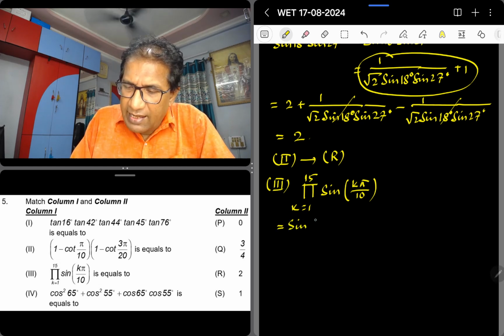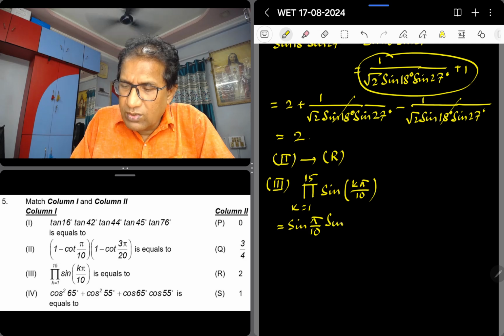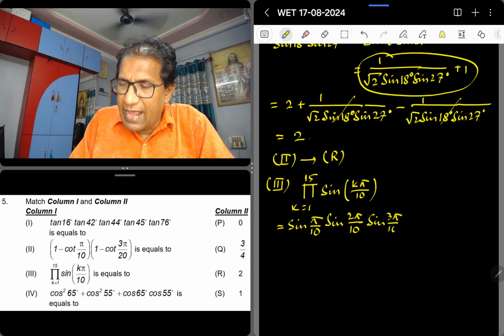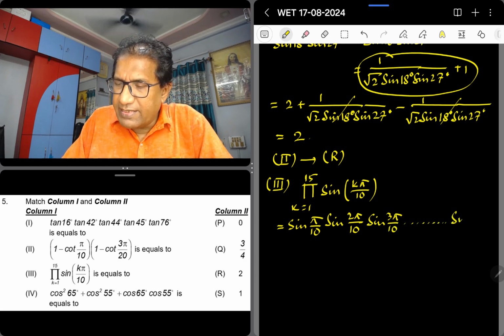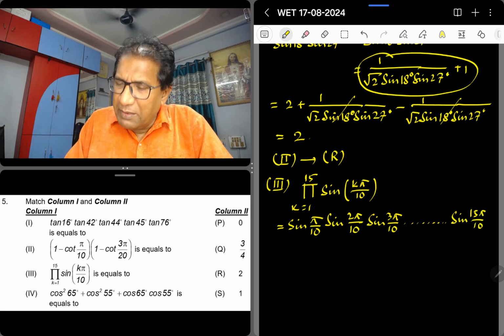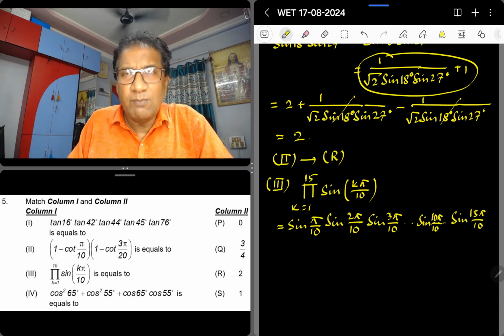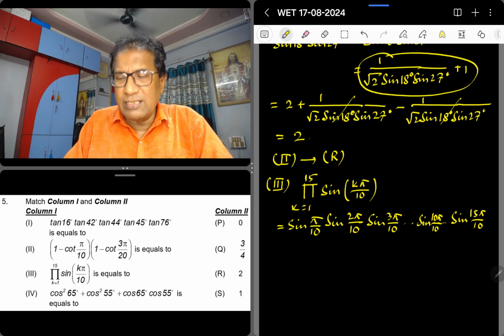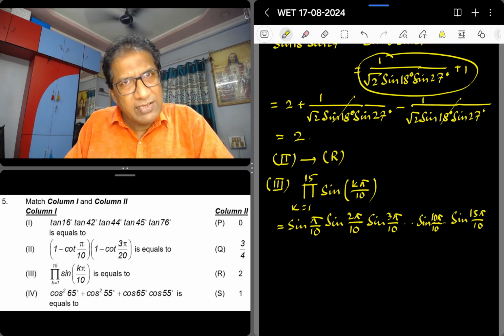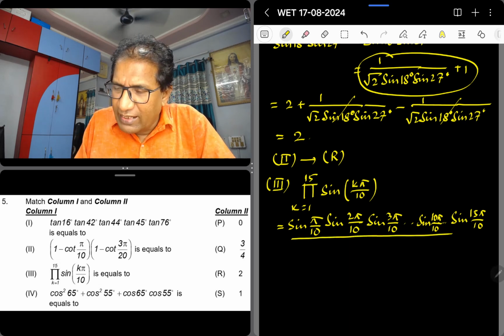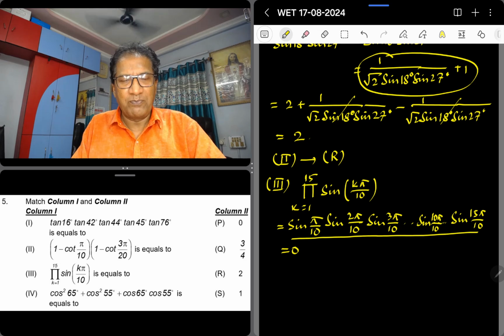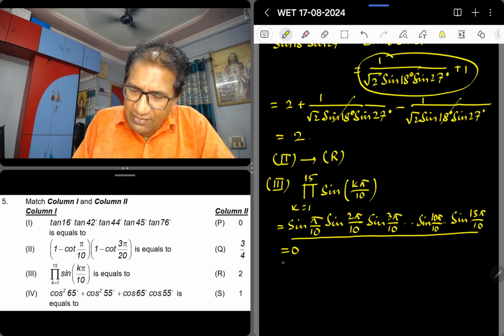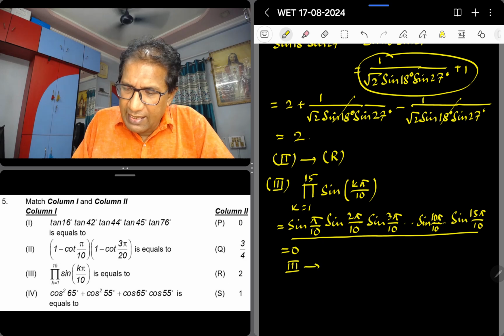So it will be like sine pi over 10 into sine 2 pi over 10 into sine 3 pi over 10, and this will go on, and the last term will be sine 15 pi over 10, correct? But there is one term in between which is sine 10 pi over 10, isn't it so? Now 10 pi over 10 is basically sine pi, and sine pi is 0. So this whole product will become 0 straight away. No calculation involved in it. Therefore, 3 will be linked with